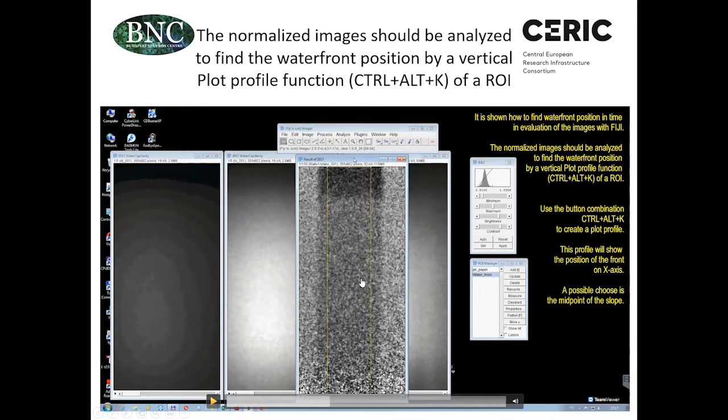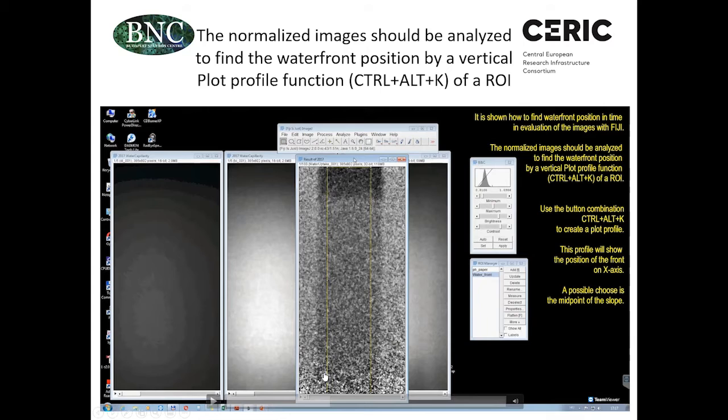And then the program will carry out the subsequent computing only on this given region, and the other outside regions will not be considered. And we will create a so-called plot profile. That means the program will start from here, and row by row it will make integration, so sum of the values, and it will plot it as a function of pixel